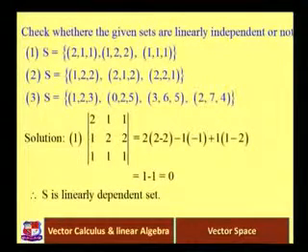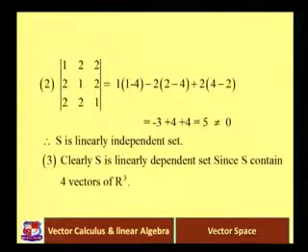Check the second example. Again in the second example there are 3 vectors of R3: 1 2 2, 2 1 2 and 2 2 1. Check the determinant 1 2 2, 2 1 2, 2 2 1. When we check the determinant, that is equal to 1 into (1 minus 4), minus 2 into (2 minus 4), plus 2 into (4 minus 2), that is equal to